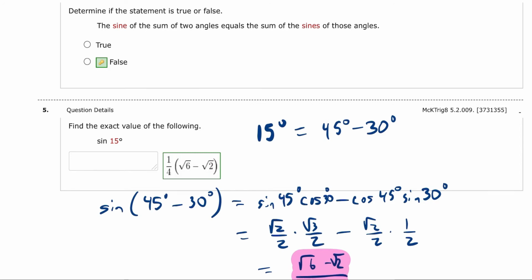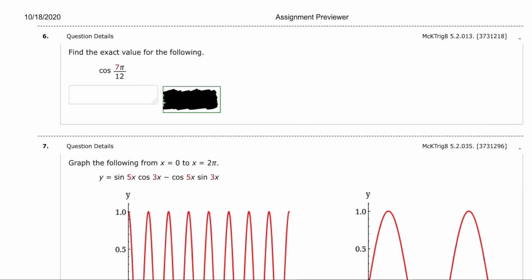And this is another way to write the same thing. You can write it as a fraction in the front or as a denominator of 4. Either way, they're both correct. For this one,